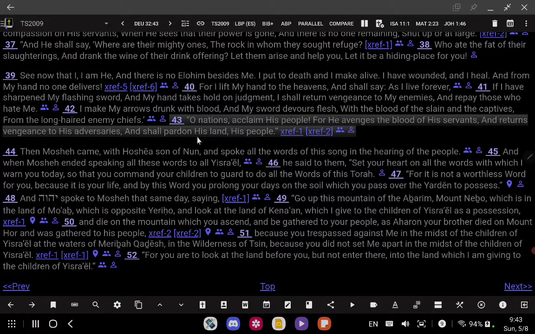And shall pardon his land, his people. So what's missing here is interesting. This verse is actually a lot longer. And what I want to point out too is, again, if a believer, Messiah, Yeshua Messiah, Jesus the Messiah,